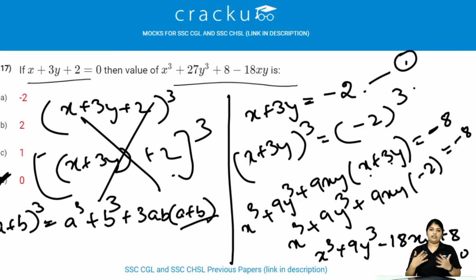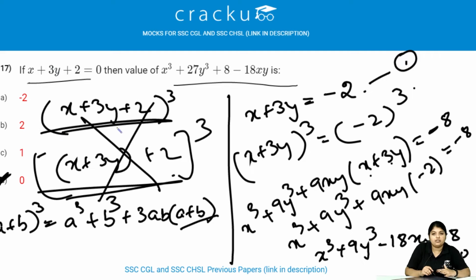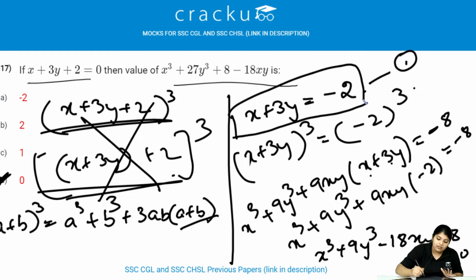Hope you understand this question. Why? Because see, again I am telling you, do not make this mistake. This is a blunder mistake. Why? Because it takes so much time for you and most probably the answers will be wrong if you do in this method. You just take this step. From this you can easily solve the problem. Let's see the next one.